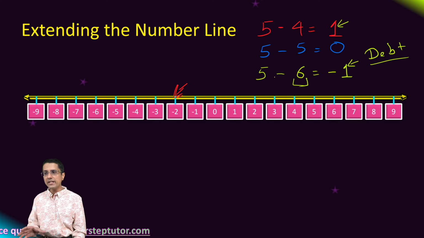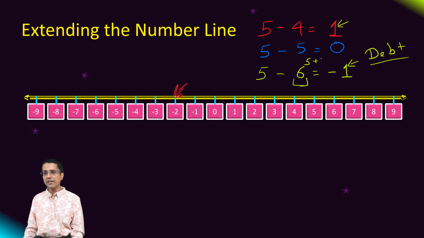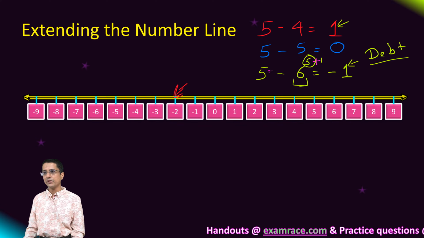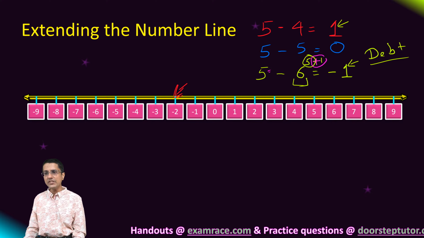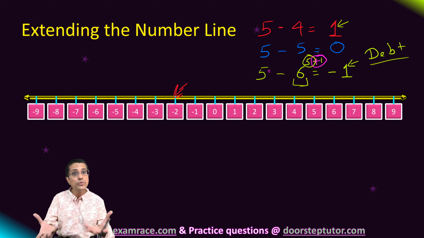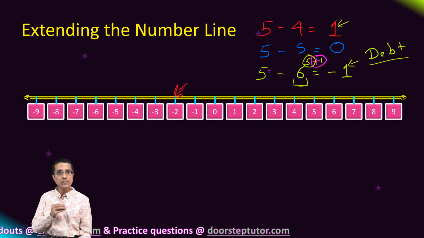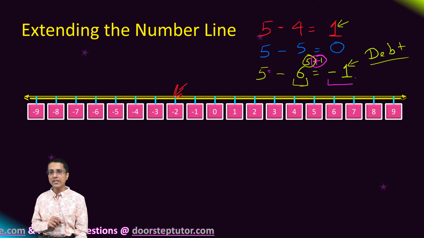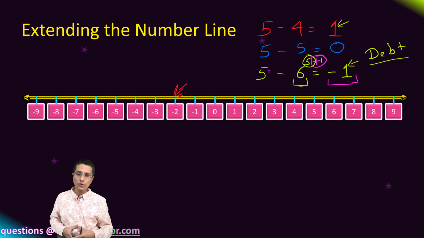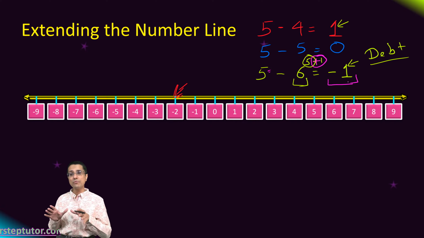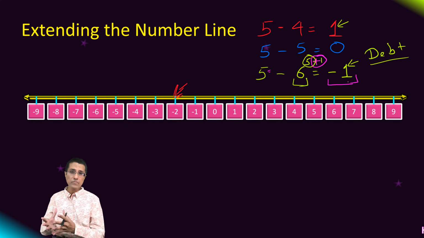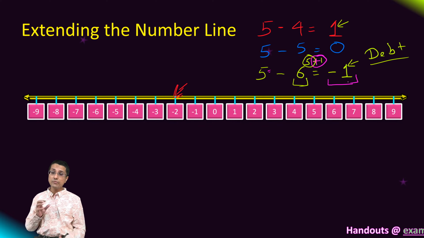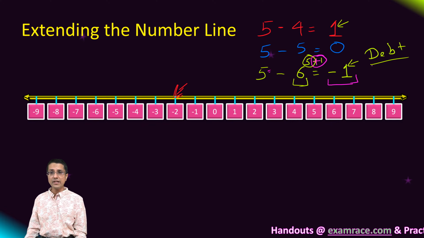So at this point, 5 rupees came from our balance. So this 6 is made up of 5 plus 1. These 5 rupees came from our bank balance, which was 5 rupees, of course. This additional 1 was loaned to us by the bank, and this loan is represented by using negative numbers. So of course, right off the bat, we were able to find an example where these negative numbers are very useful. So this is our debt.